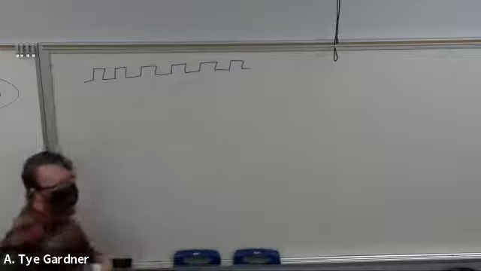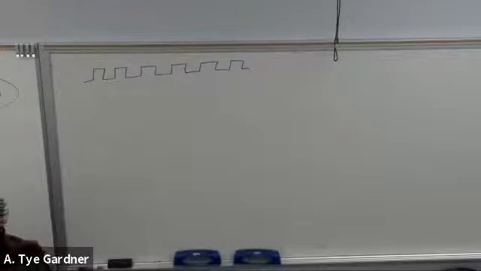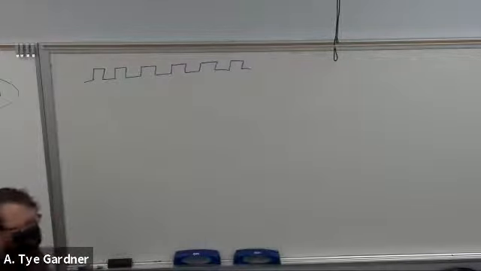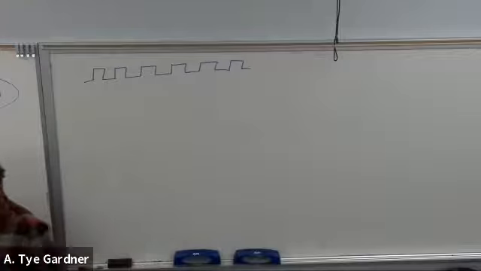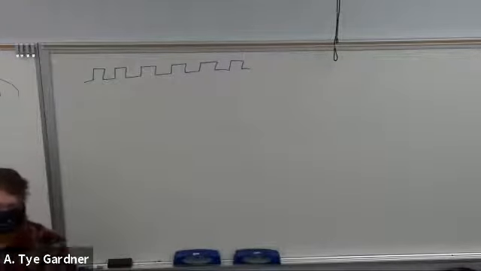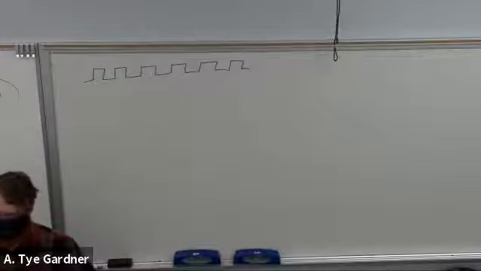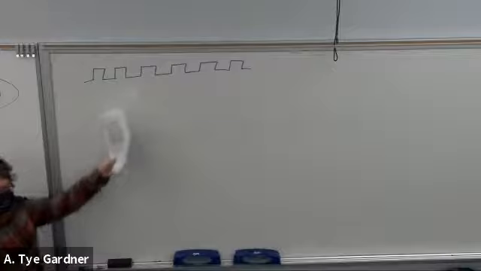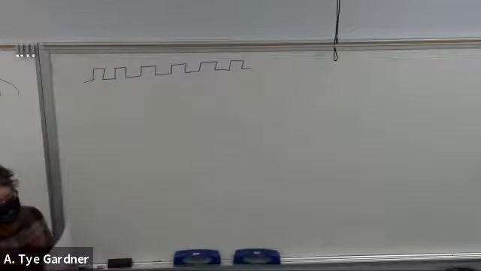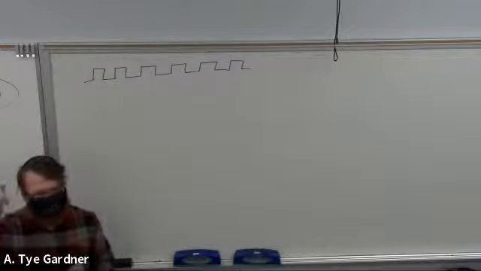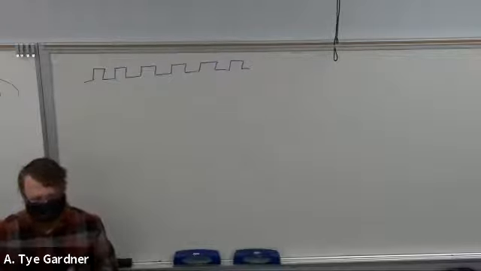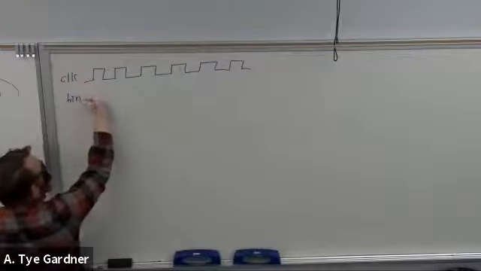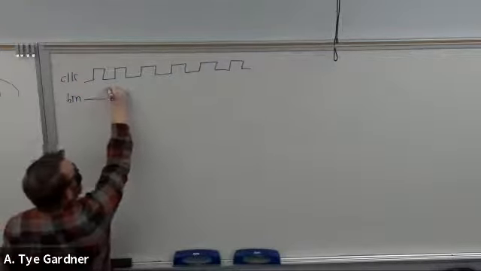Okay, so I had you guys implement the garage door opener on an FPGA that has a clock at 100 megahertz, right? And I haven't taught you how to change clocks on an FPGA because we do that next semester, whenever you take 3610. So we're stuck with a 100 megahertz clock. But you and I, nobody is fast enough to push a button at 100 megahertz. So if I have the clock and the button, and it comes along and the button is pressed,